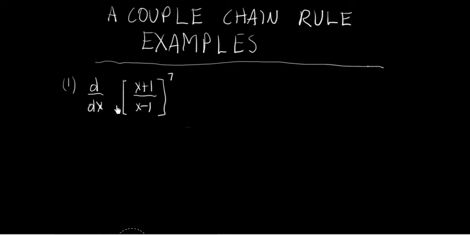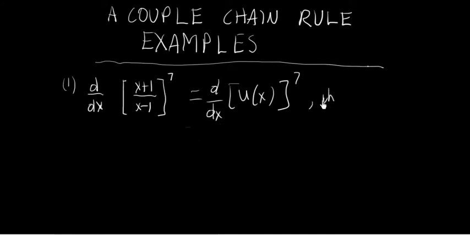In this video, we are going to be using the chain rule to compute derivatives of a couple of functions. The first function that we're going to find the derivative of is the function x plus 1 over x minus 1, the quantity raised to the 7th power. So hopefully you'll realize that this function is of the form u of x raised to the 7th power, and we want to find the derivative of that